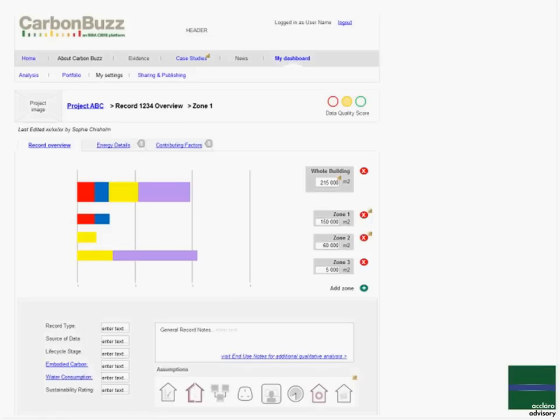One of the screenshots on the Carbon Buzz site itself shows the kind of information that needs to be inputted for buildings. It's not a significant amount of information that needs to go in, and it can be entered either as a whole building or as individual zones within the building. What we are starting to look at is the energy consumption for certain parts of the building itself, so for the heating and ventilation, for the lighting, and so on,